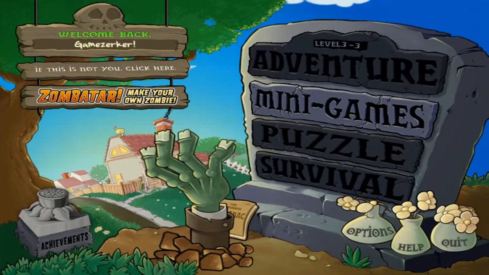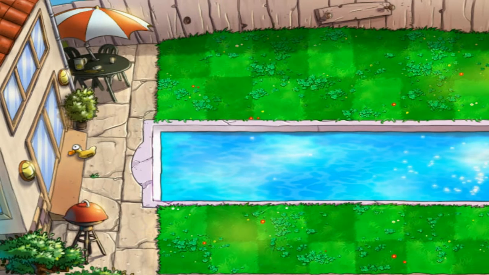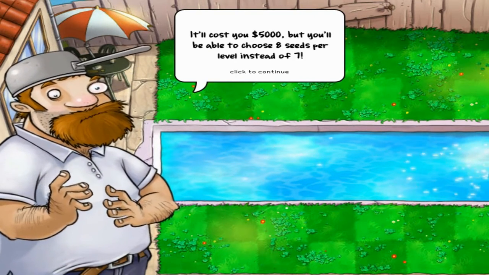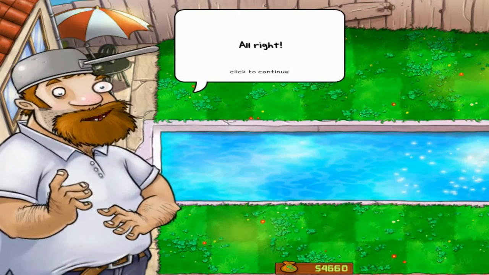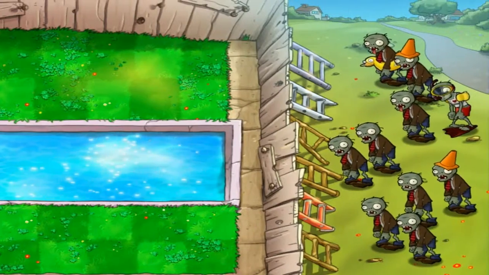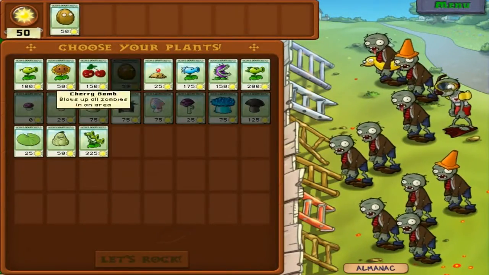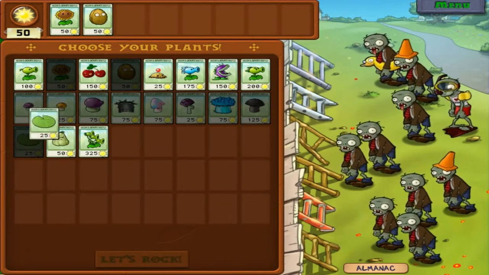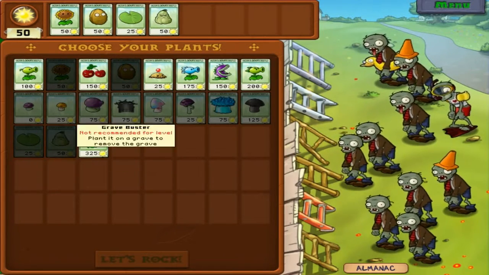So now we will go to the main game levels. Okay, so now we can upgrade. Now we can choose more plants, and that is really nice. So the first one you will choose, of course, is the sunflower. Now we have to choose a lily pad too,